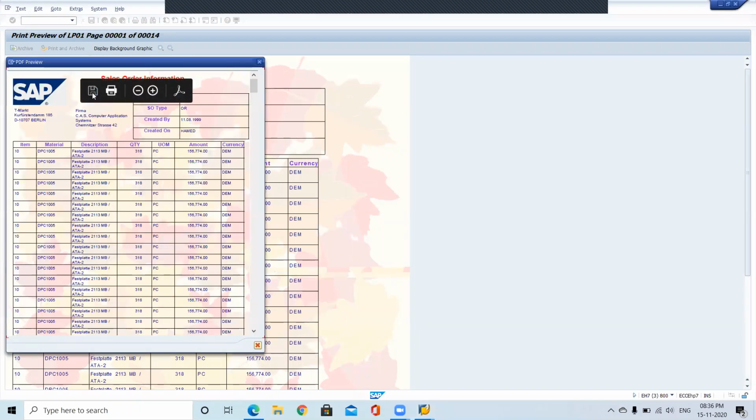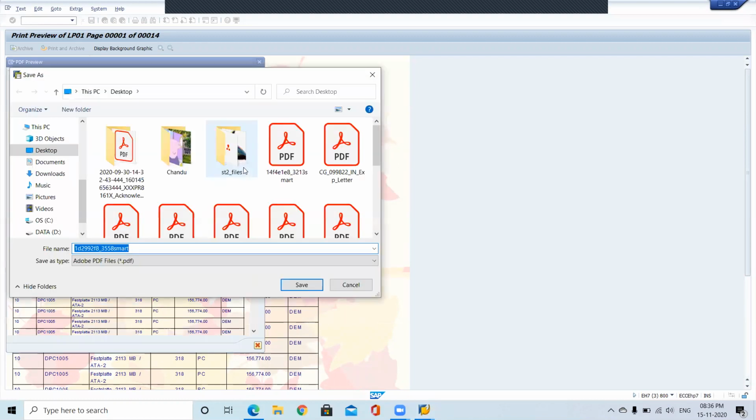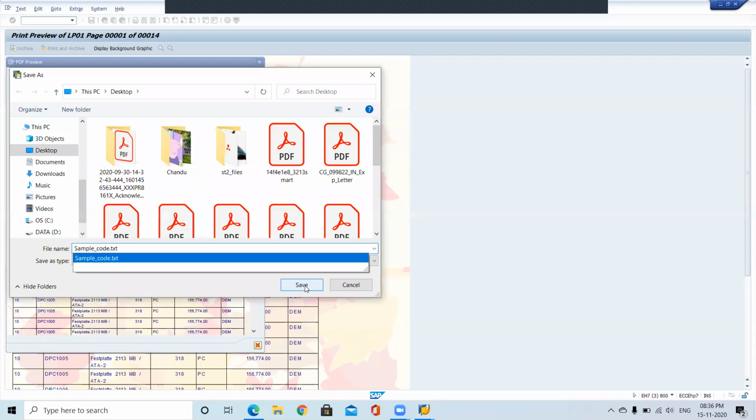Save in your local system. So the current page will save, right, sir? Current output, entire output. Current output.